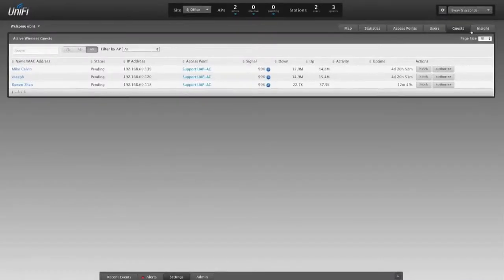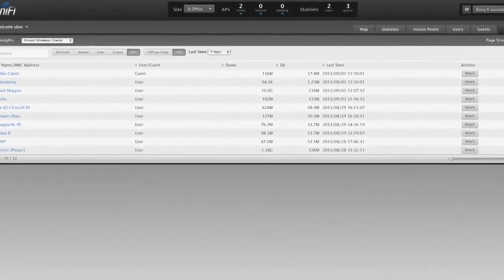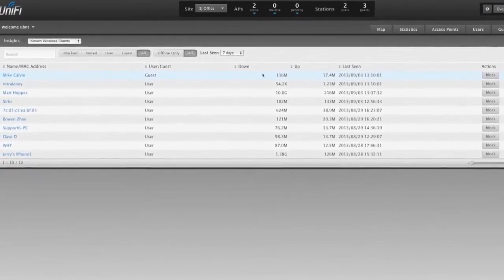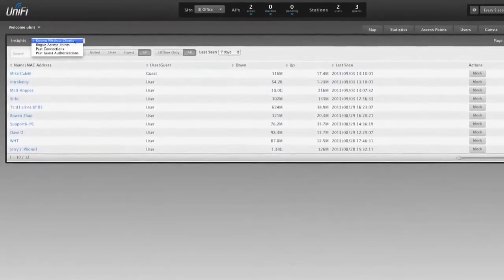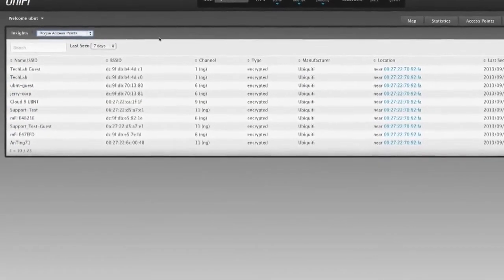The Insight tab shows historical data from the operation of your network. From this screen, you can view past user actions, when they associated, how long they were connected, and how much traffic they used. You can also monitor your network for rogue access points. Rogue access points are unauthorized APs in the same area that can be used for malicious purposes, such as collecting